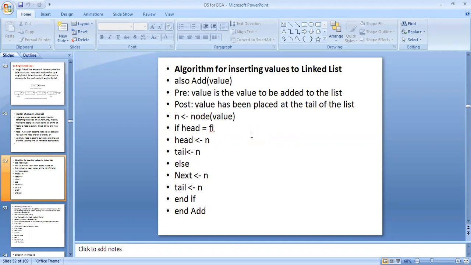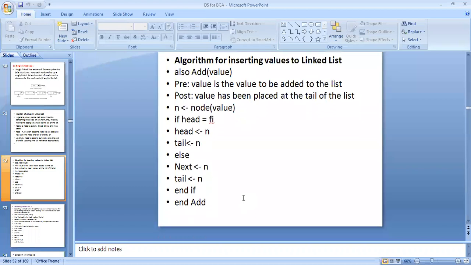So n is node value. If head is equal to null, then head is n, then tail is n, else tail next is n and tail is n, and end of the if structure and end the addition.